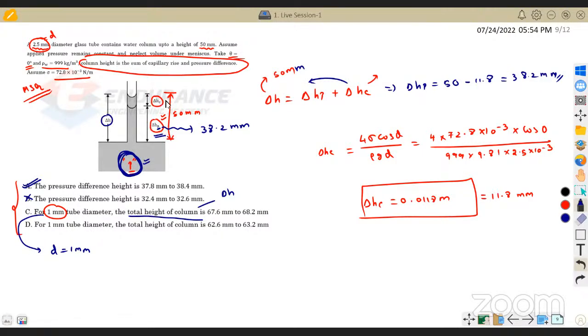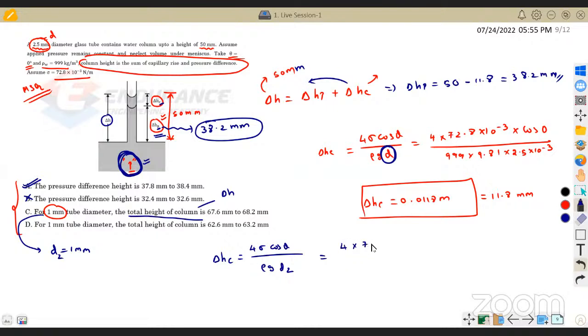This delta hc is dependent on the capillarity, and capillary rise depends on the diameter. So in our first case, our delta hp will be 38.2, and in the second case also it is going to be 38.2. But in the second case, my delta HC will change. What is going to be that? 4 times sigma cos theta by rho g d2, where d2 is 1 mm. So if I substitute it,